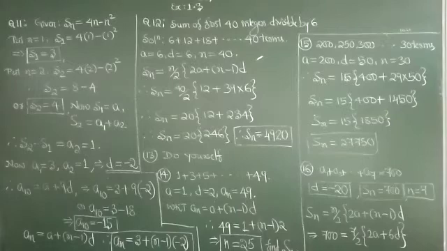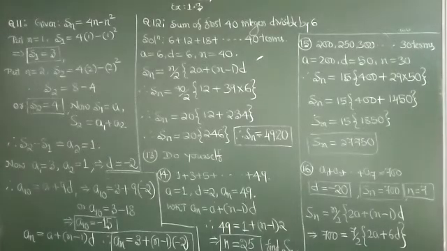Now clearly understand, the sum of first term, or the first term, is A, the sum of two terms is 4. When you add the first two terms you get 4, the first term is 3. Then what is the second term? Obviously 4 minus 3, that is 1, becomes the second term. So A2 is 1. Now for this sequence I know A1 equal to 3, A2 equal to 1. This implies common difference D equal to A2 minus A1, that is D equal to minus 2.